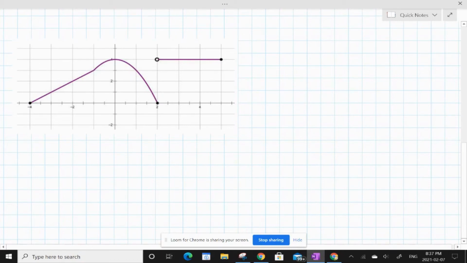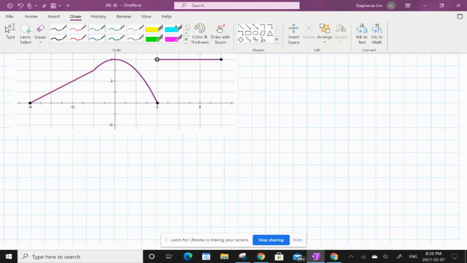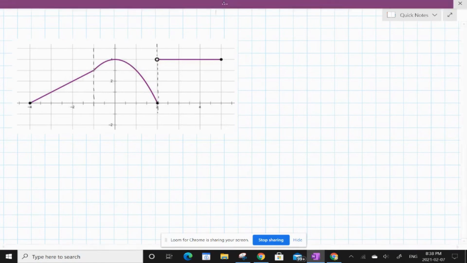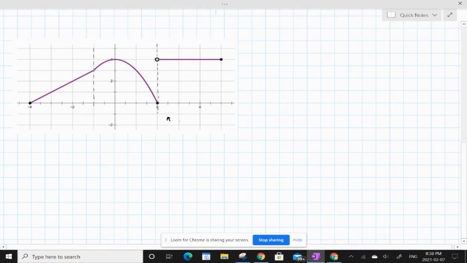So just from looking, I notice that I've got something happening when x is -1. And I also know that something is happening when x is 2. So that tells me that I've got 3 different intervals to look at. Okay, so let's take a look. So I'm going to call this whole thing here f of x. And if I'm dealing with f of x, I know that it's split into 3 sections, which means there are